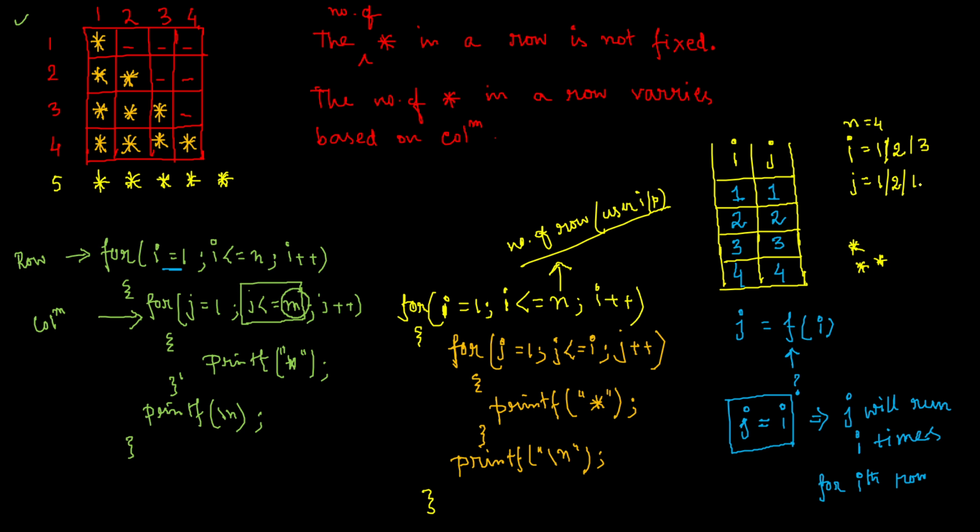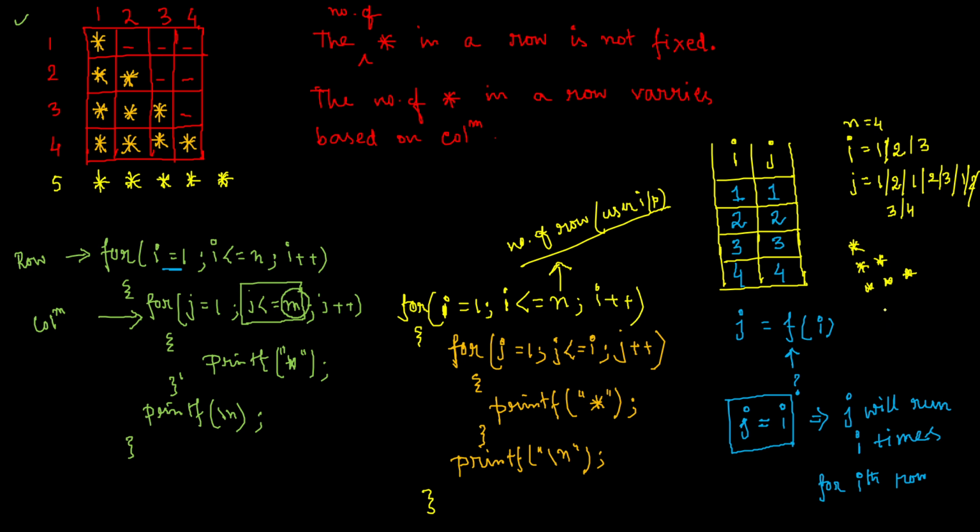Now I think you can understand the pattern. So when i becomes 3, less than equal to 4, j will again start from 1. j is 1, then 2, and 3, and for 4 it will be false. So j starts at 1 again. So 1 less than equal to 3, right? True, then a star will be printed. j will become 2 now. 2 less than equal to 3 true, printed. Now after 2 it becomes 3. 3 less than equal to 3 true, print star. 4 less than equal to 3 false.